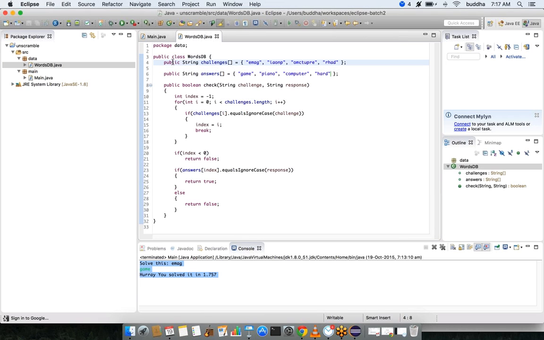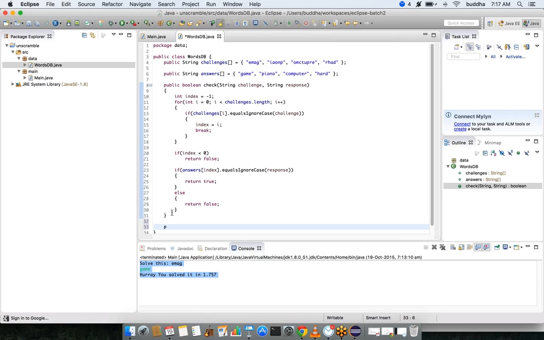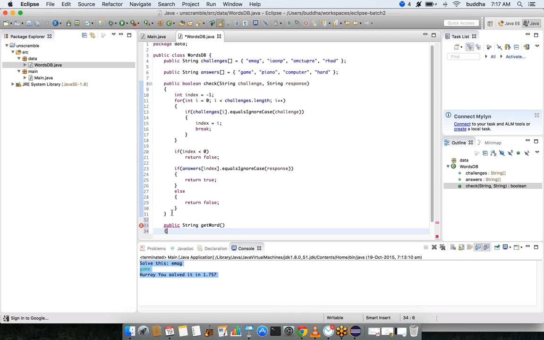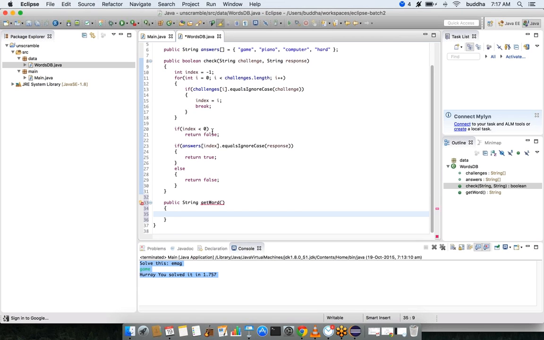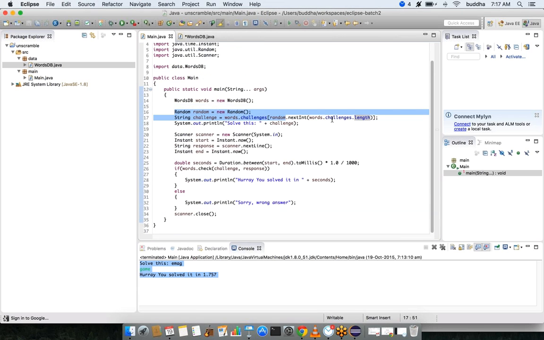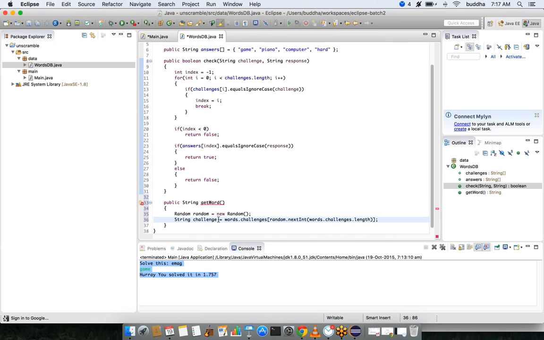So in those cases, let's move the responsibility of getting a random word to the words DB itself. For that, let's create a method called public string get a word. This has to generate a random number and then return that as a challenge.